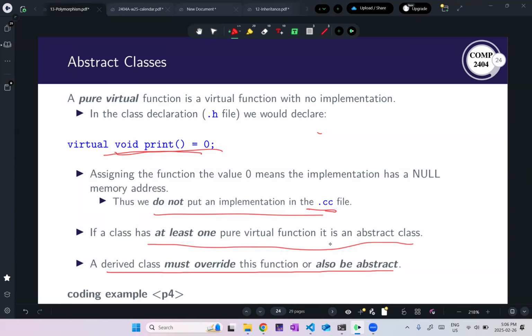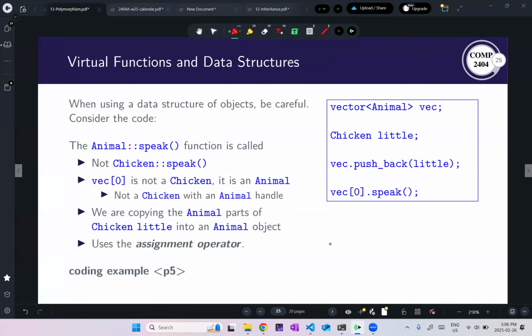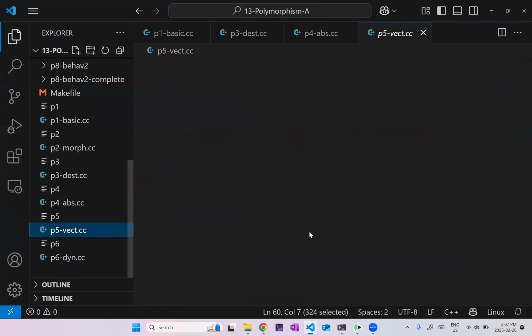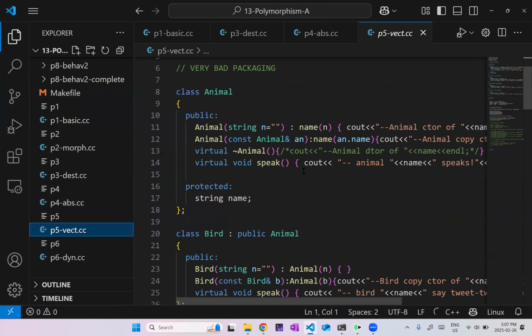So yes, if a class has at least one pure virtual function, it becomes an abstract class. And any derived class must override it or else become abstract. Let's take a look at, well, just a common pitfall, I guess. Or I don't know if it's common or uncommon, but